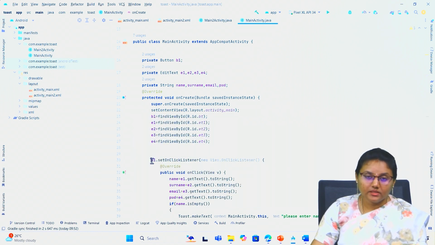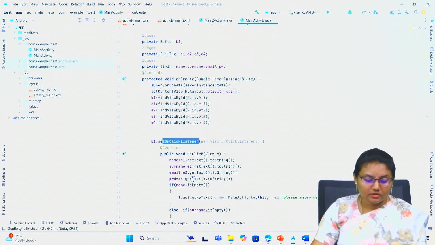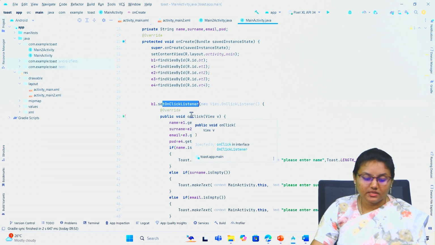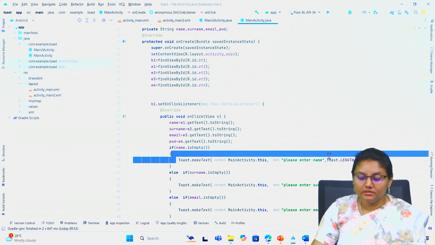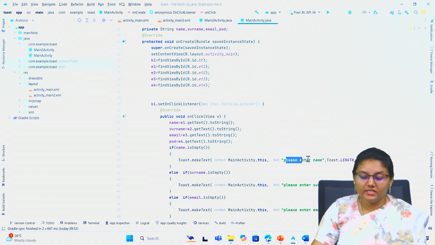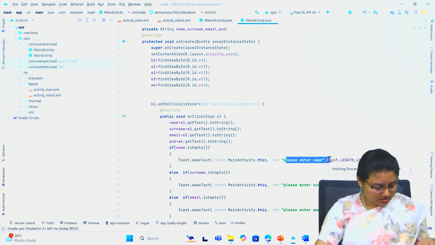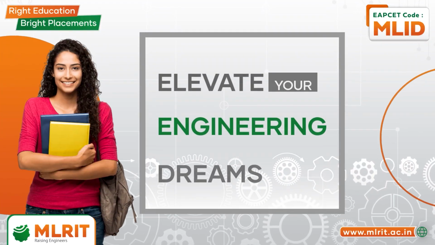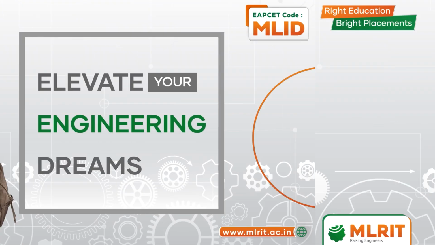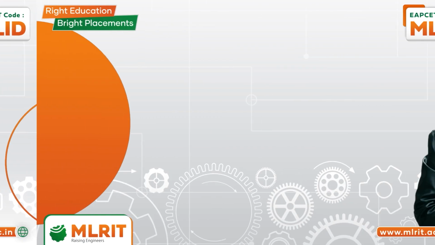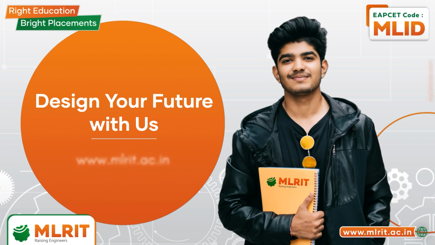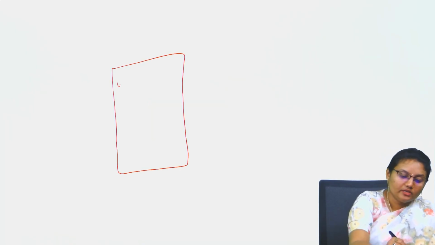When a button is clicked, what has to be displayed is handled by setOnClickListener. So what this setOnClickListener has to do: if the name is empty, it has to display what? It has to display 'please enter name'. When you are giving a registration page, you have a registration page. When you are giving a username,